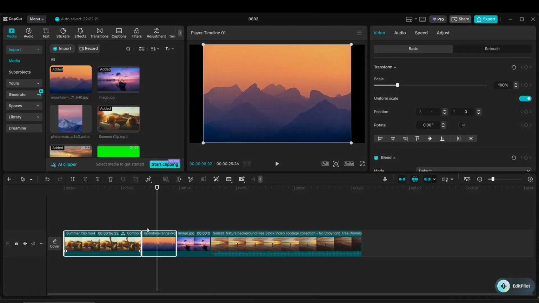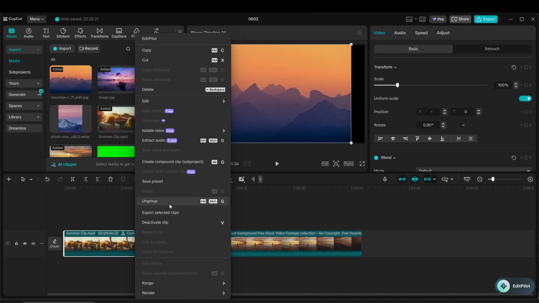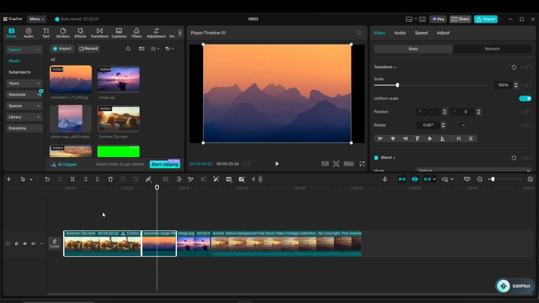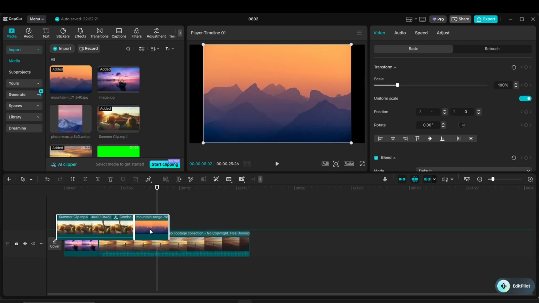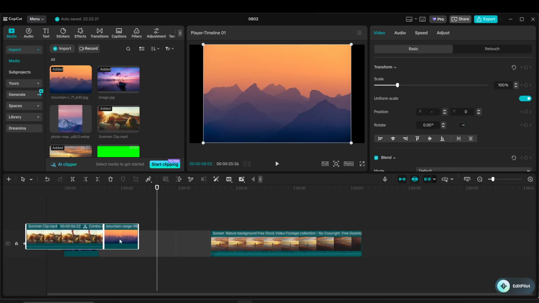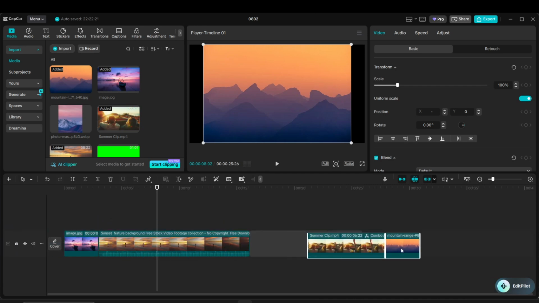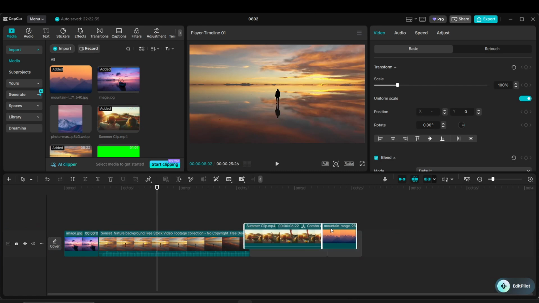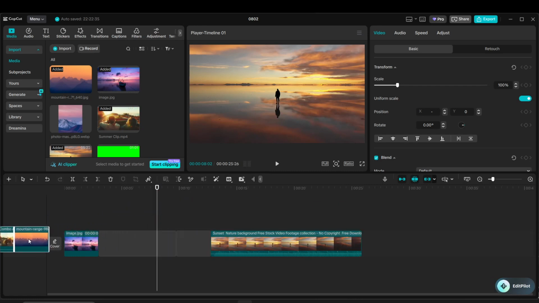Now that your clips are grouped, you can move them together on the timeline. Click and drag any clip inside that group and you'll notice that all the linked clips move at the same time. This is really helpful because it keeps their exact timing and spacing intact. So instead of adjusting each clip one by one, you can treat them like a single unit and reposition them